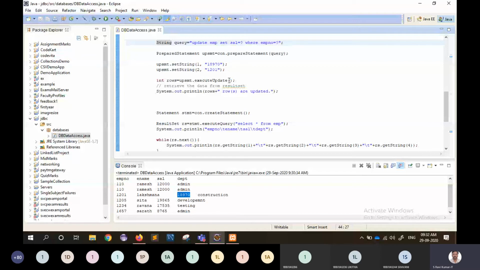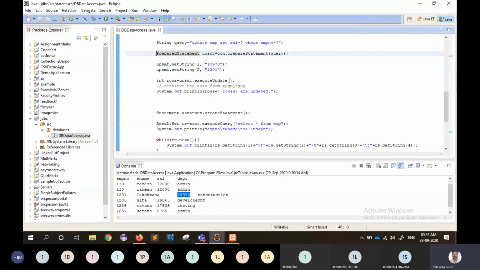This kind of code will be used in any kind of operations. So we can use these JDBC operations in normal console applications, and the same JDBC operations we can do in web applications.